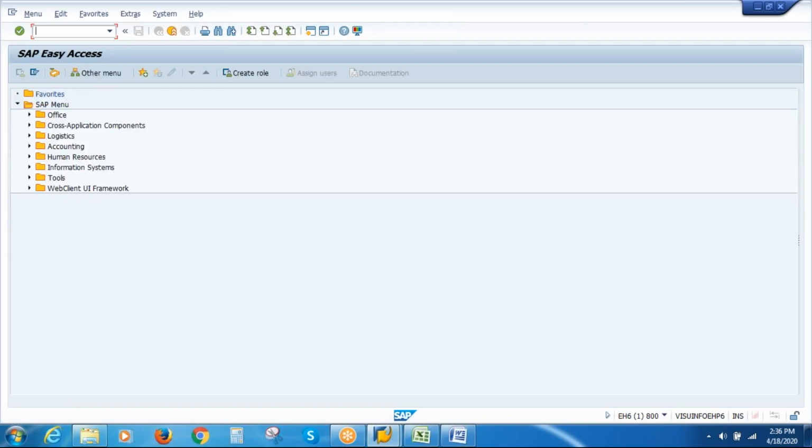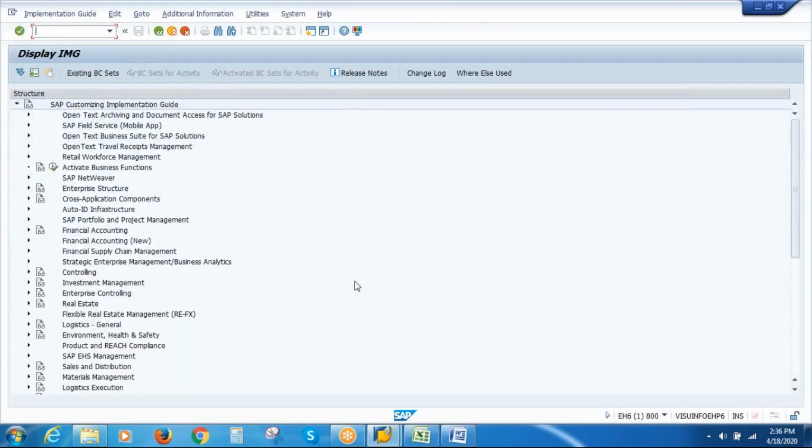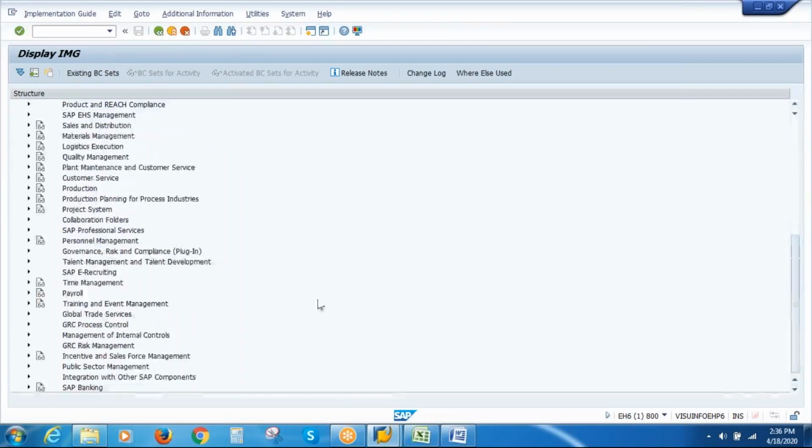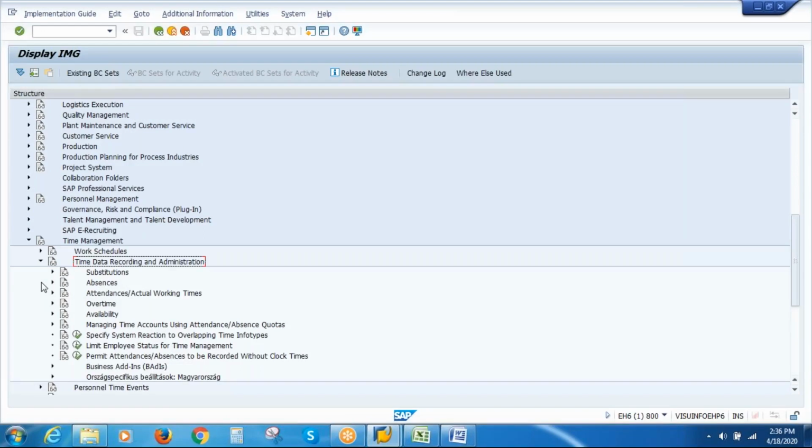Now, SPRO, reference IMG, and we have time management, and within time management, we have a node called time data recording and administration.